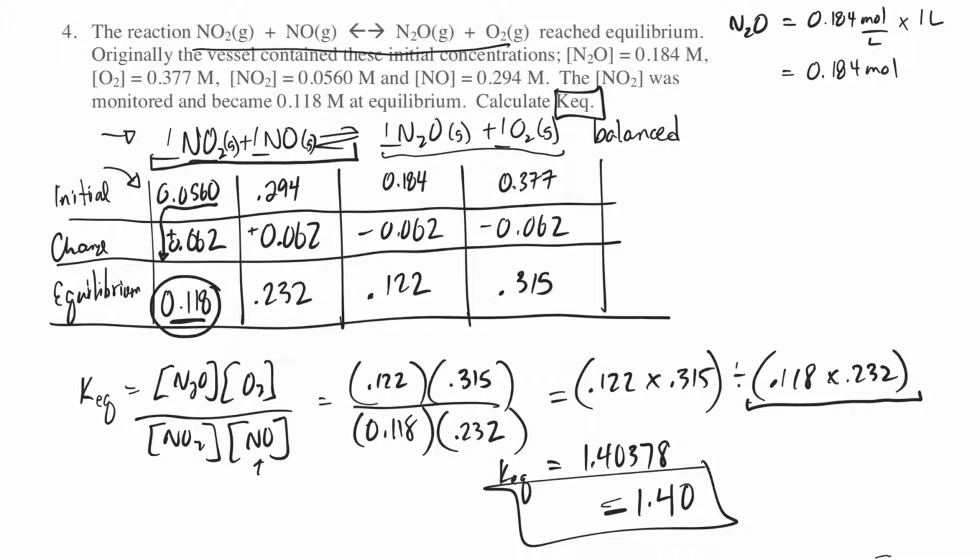Now being 1.40, it's interesting because typically we say if it's above 1, it favors the products. If it's less than 1, it favors the reactants. But in this question, it shows a little different because